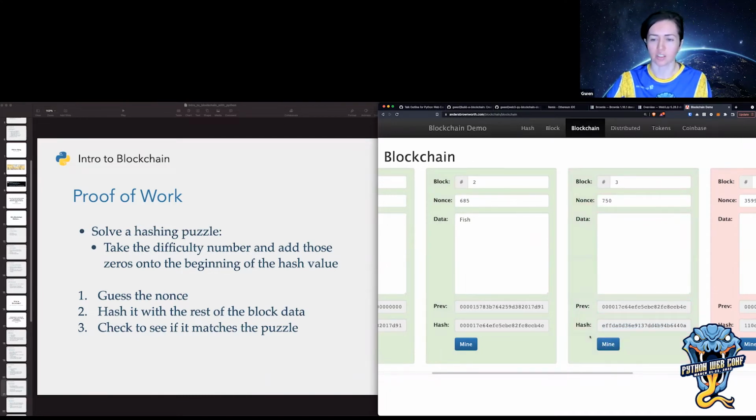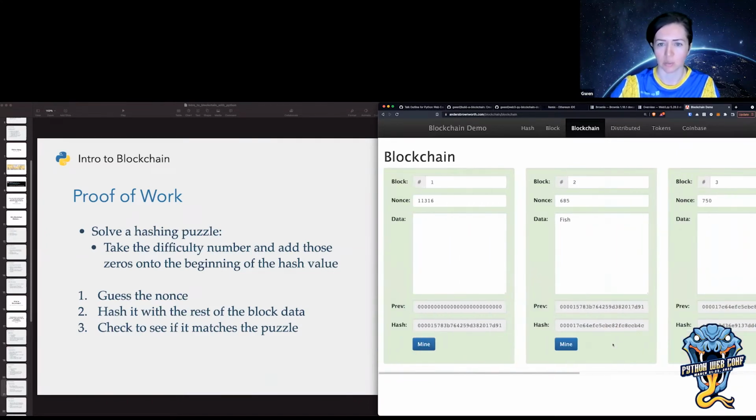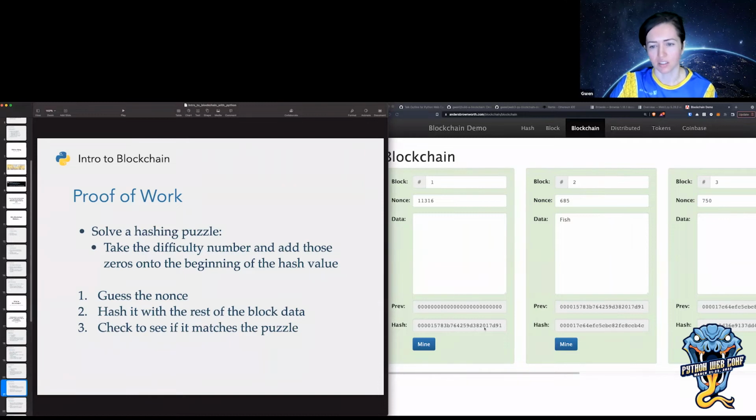Of course, on a real blockchain, you don't remine things. If it's in a block and that block hash value is already stored in the next block, that means it's set in stone and it's not going to be changed. Kind of an aside, some blockchains have tried to implement methods of being able to change things. EOS and some other blockchains had some ideas about how to do that, especially for, is it called GDPR, the European law? Anyway, in general, you can say that once it's stored in the blockchain, it's not going to change. It's stored in that immutable ledger forever.